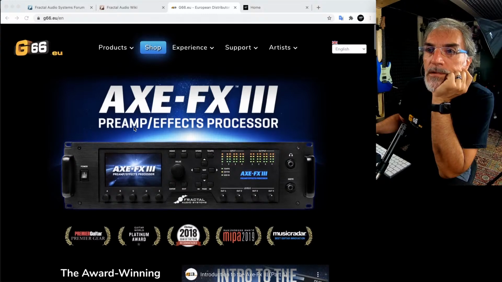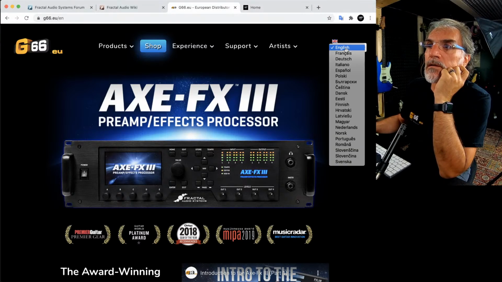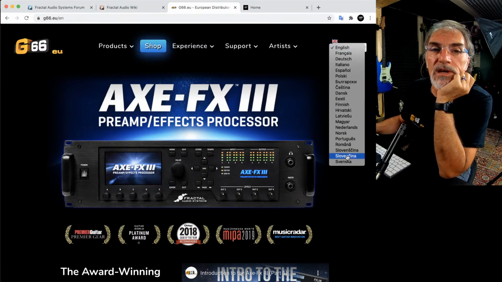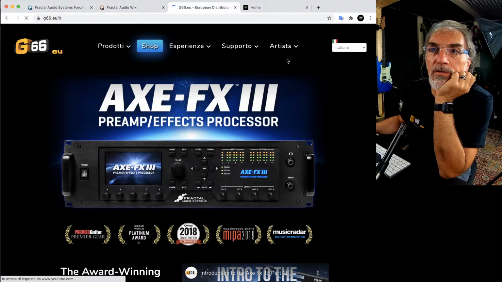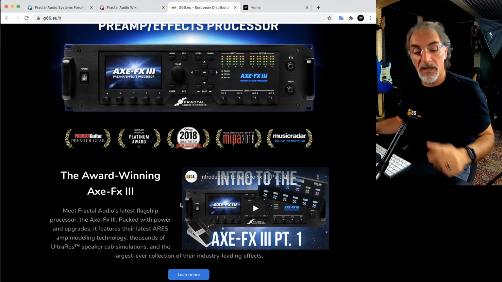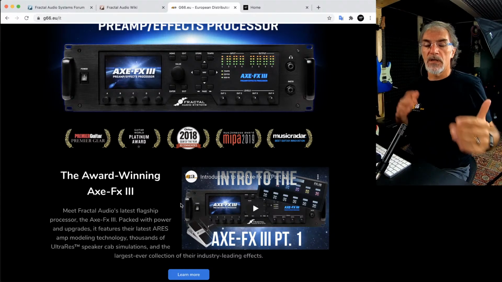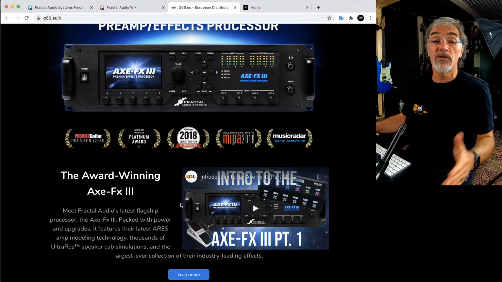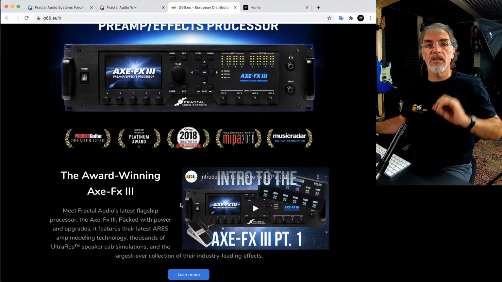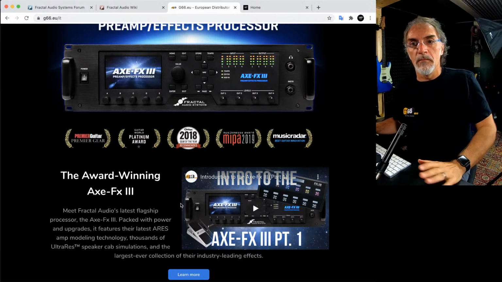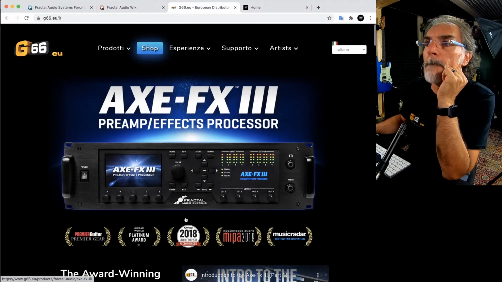So let's start from G66 and learn how to find the information on the G66 website, because there is some very important information that you have to know. So this is the home page of G66. You can select the languages. You can find any European language, so there is no problem if you switch to Italian, for example. You have not only the translation of the website in Italian, but also the documentation is available in that language. Not for all, of course, but for example French has the documentation, English of course has documentation, and Italian has much of the documentation already translated. So please check your language and check the documentation, because most of the time the documentation is available even in your native language. So let's proceed.